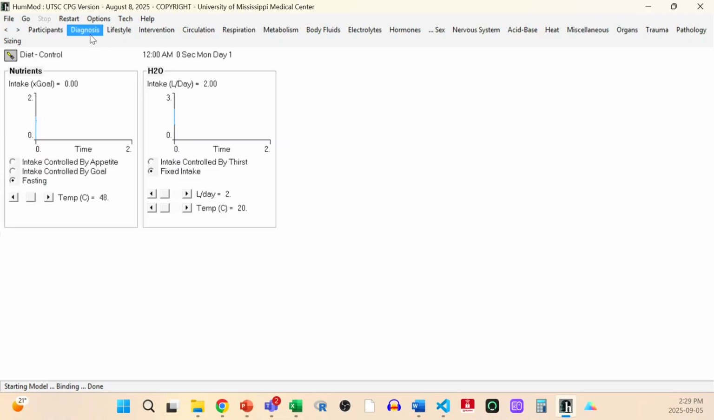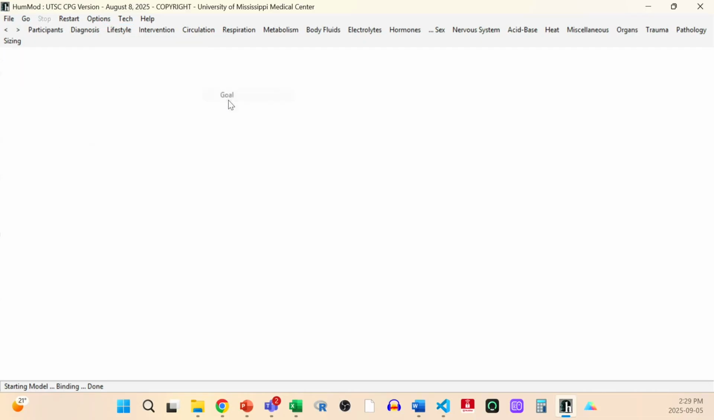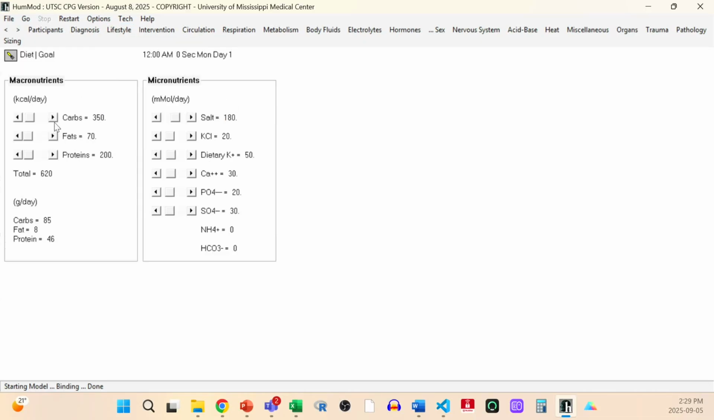So you can control their water and food intake. And then if we go into diet and goal here, this is where you can control precisely, if you've set it to eat on goal, you can set what that goal is, right? How many carbs and fats and proteins do you want this person to eat each day? How much salt and potassium and all these things do you want them to eat per day? You have precise control